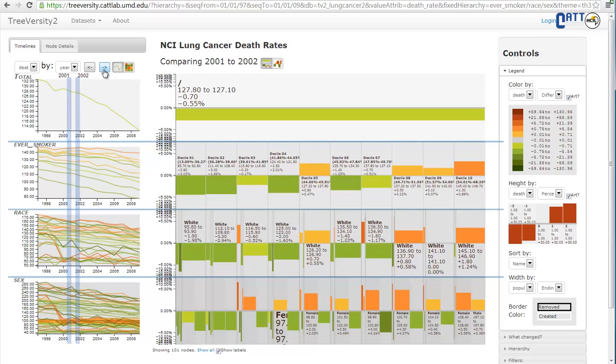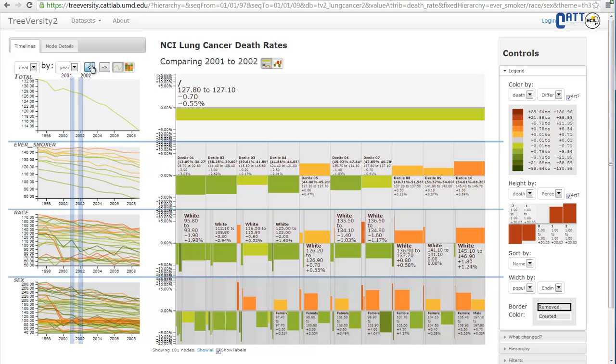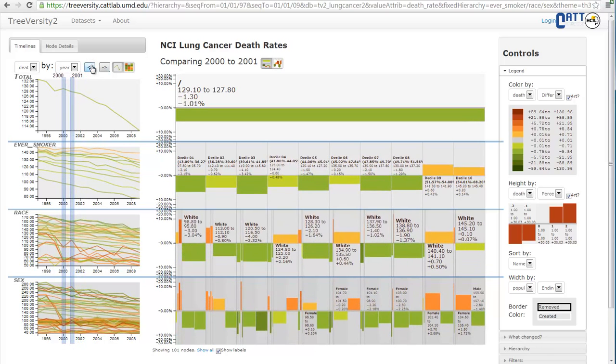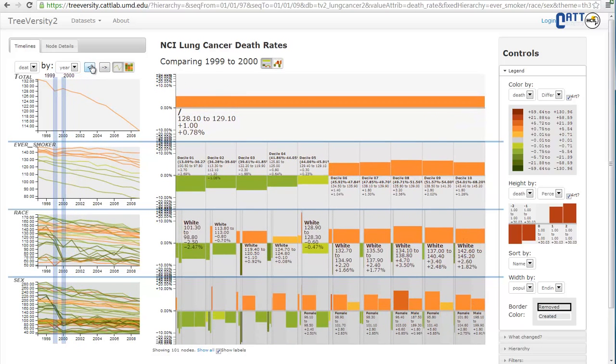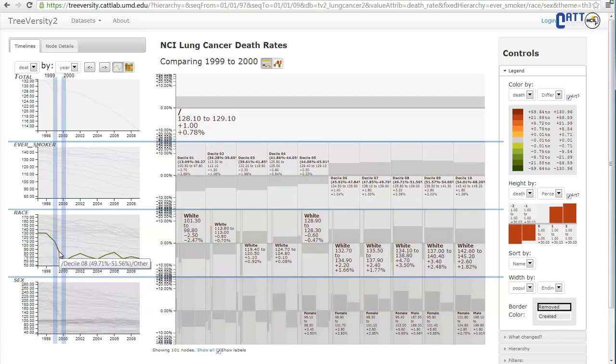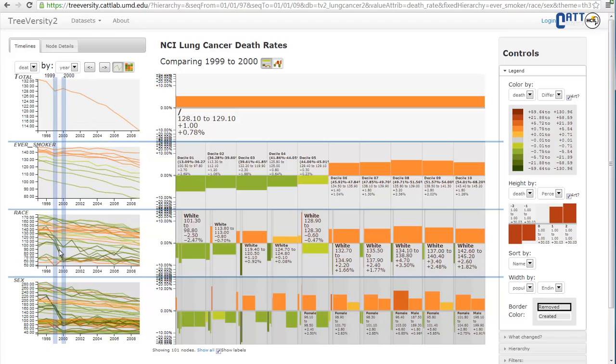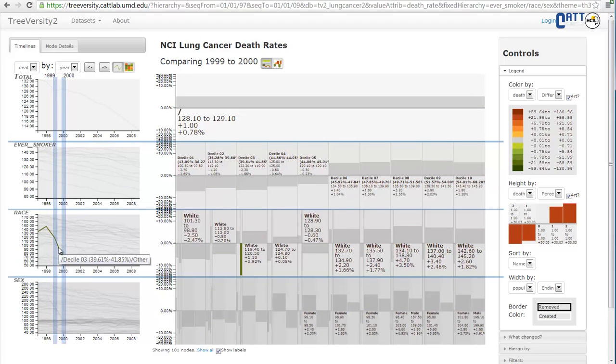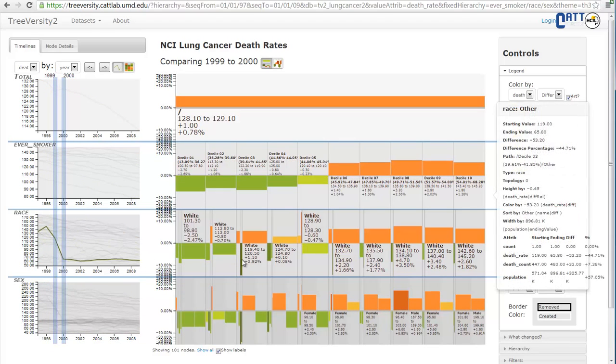TreeVersity gave us also some extra information, by allowing us to move to the next years and then explore year by year what are the things that have changed significantly. So if we go back, for instance, to 1999 to 2000, we see that there are some big decreases in some of the timelines in here. And we can see actually those timelines being highlighted, for instance, in this case, if we go and see the details for